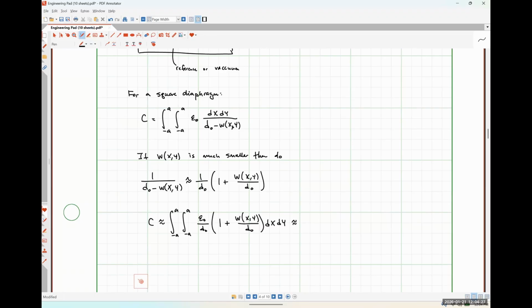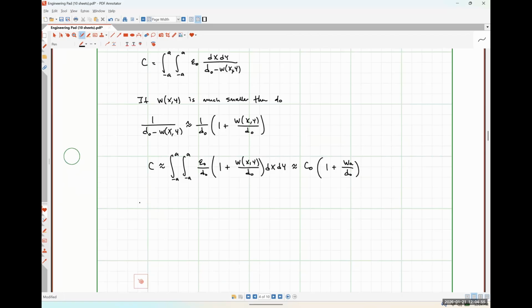That's essentially just the area of my plate. So I'll have epsilon naught A over d naught, which is just our nominal capacitance, C naught, times 1 plus what I'm going to call w sub a over d naught, where w sub a is the